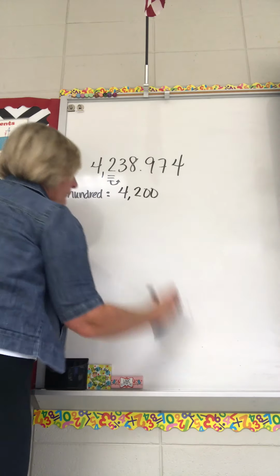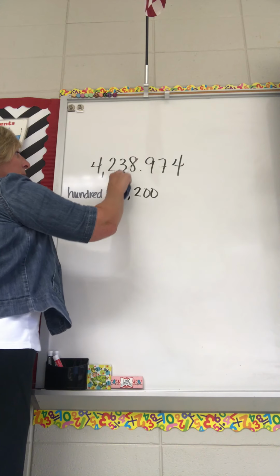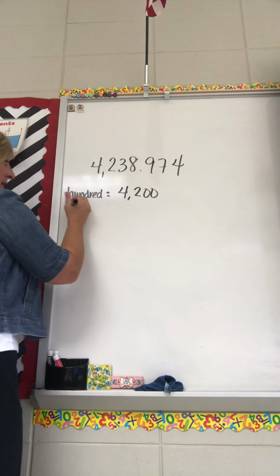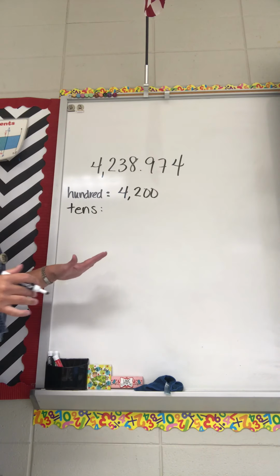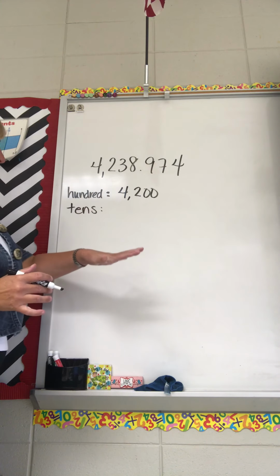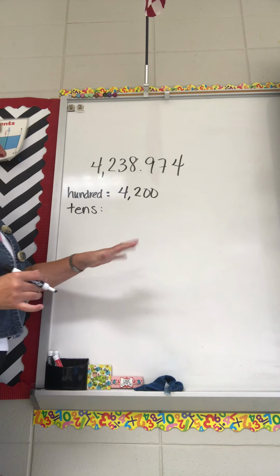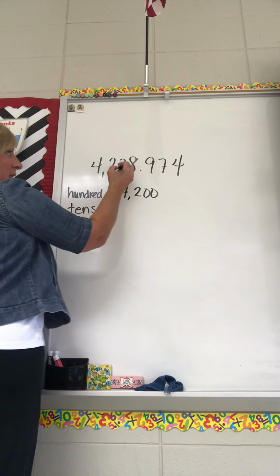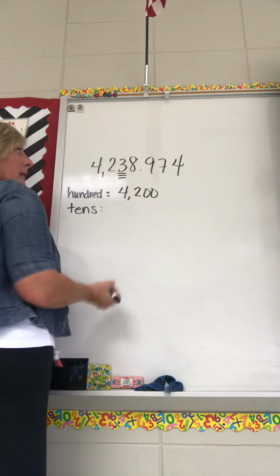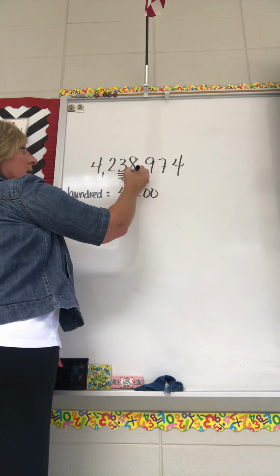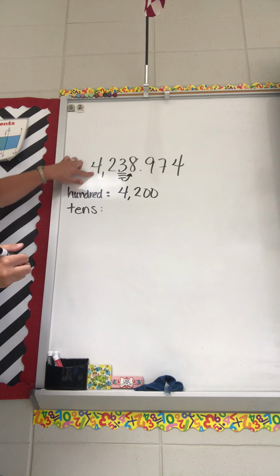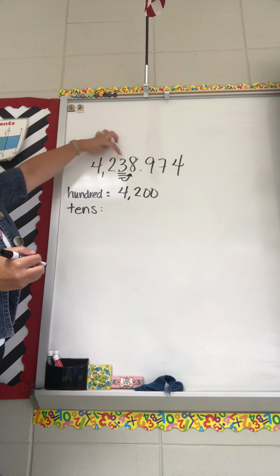All right, same number, and now we want to round it to the nearest tens position. What that would mean is that we cannot have any $5 bills, we cannot have any $1 bills, we cannot have any coins. So we would go to the tens position, which is right here, and we look at the number immediately behind it, and that's going to tell us whether we have $4,230 or